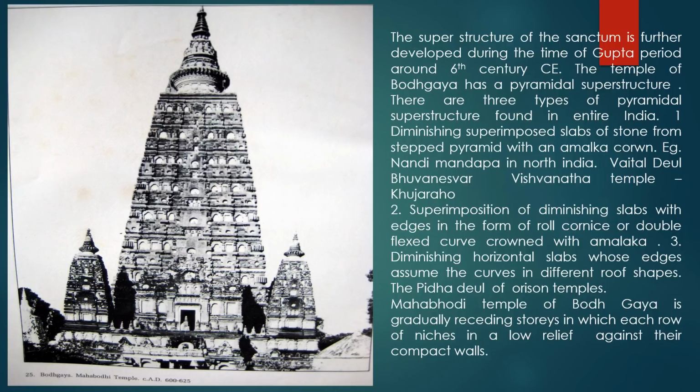The Mahabodhi temple at Bodh Gaya, mentioned by Huansong also, he has also mentioned in his notes. In this temple, there were several series of recessed niches. You can see the small kind of niches in all the Vimana portions, on the Sigara portions, in which statues of Gupta were placed.